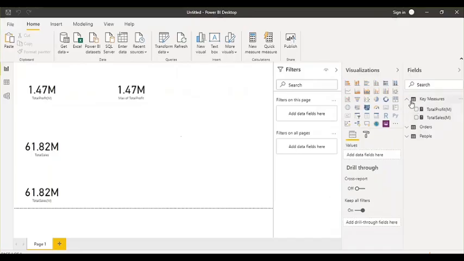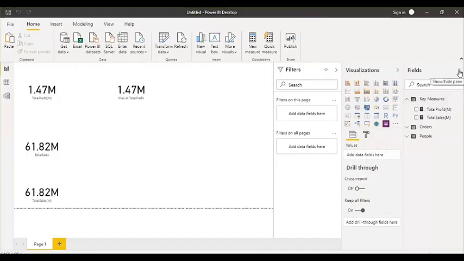Now here, just focus. Right now the table icon is still the same as the table icon. In order to change this icon, you have to do one thing: just hide and show the fields pane. This is your fields pane. So just hide this pane by clicking on this arrow button, and again click on it to show it, and the icon of this table will be automatically changed.